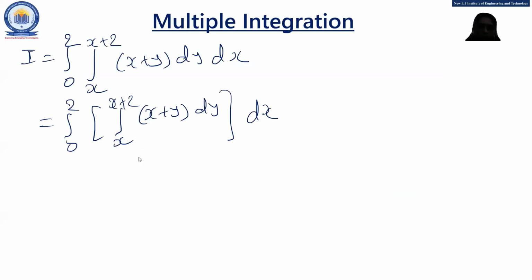So let's move with the simplification. After this, you have to do the simplification of this example by yourself. I am giving the answer of this example, that is 12. First, you have to do the integration of this function with respect to y by putting the upper limit x plus 2 minus lower limit x. Whatever answer comes, you have to integrate with respect to x. At that time, your upper limit is 2 and lower limit is 0. And your final answer is 12.